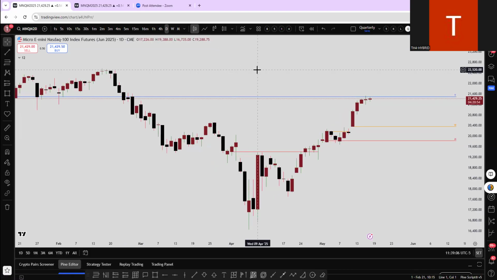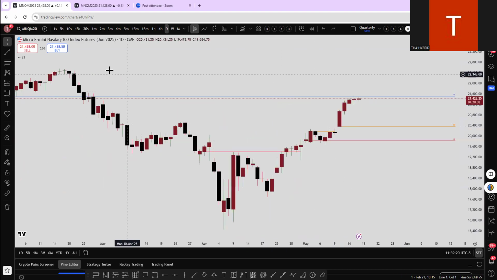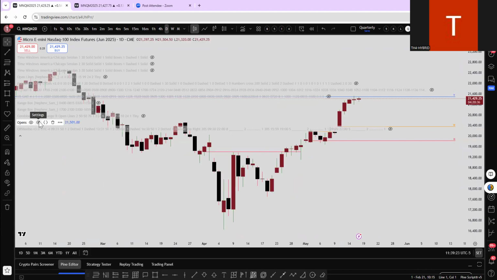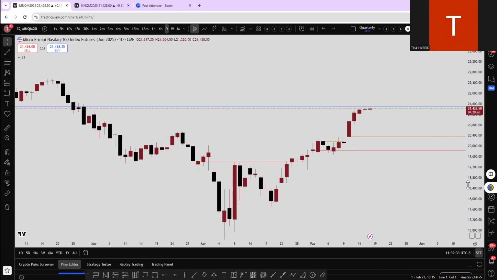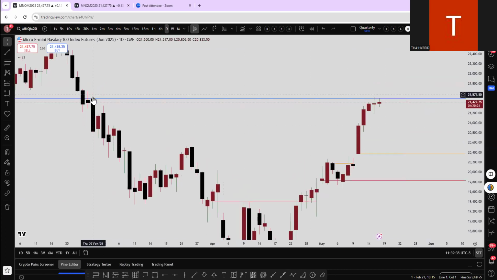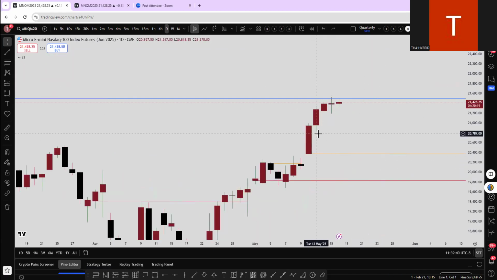All right, everyone. Just wanted to hop on quick and do kind of a two-part lesson here. First part is going to be what we look at the beginning of the day. Second is going to be a little bit on the mini weeks. So we always want to start on the daily. You've got the opens indicator, which is going to give you the yearly open, the weekly open, monthly open, and then daily opens as well. So we want to know where we are in reference to these opening prices, but mostly what the previous day